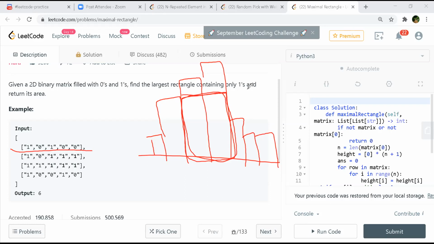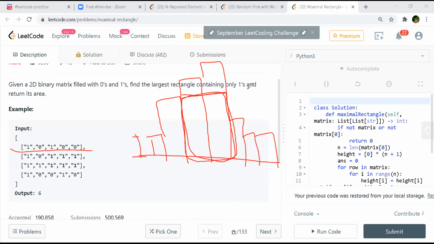So you are considering a single row at a time, and then you are trying to find with that single row if you can get the maximum rectangle area, right? Or maybe some other ways that would be better. Anything is fine, but I'm still not getting how that will go.